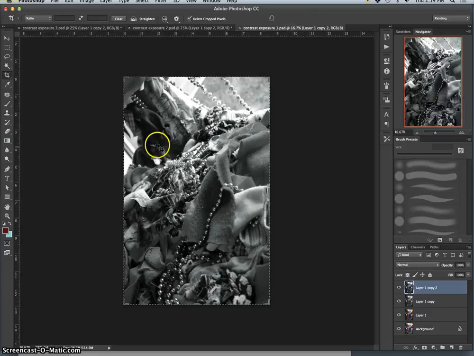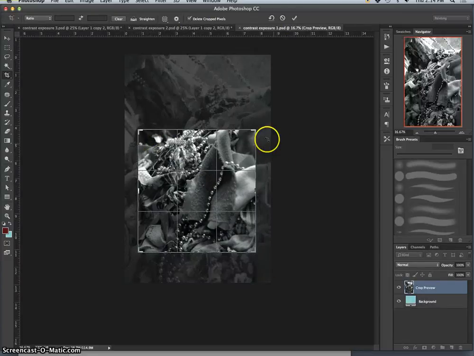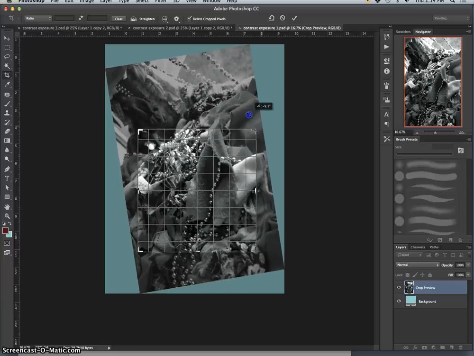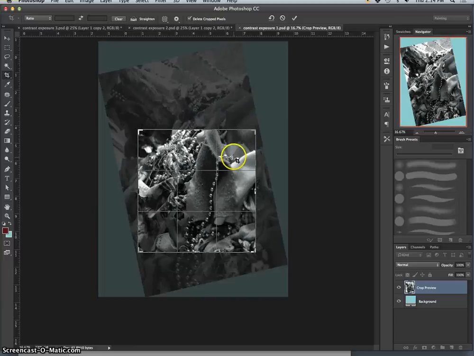And lastly, again, repeating, learning through repetition. Hold down Shift with the crop tool. Kind of rotate it and find the composition that we think is most